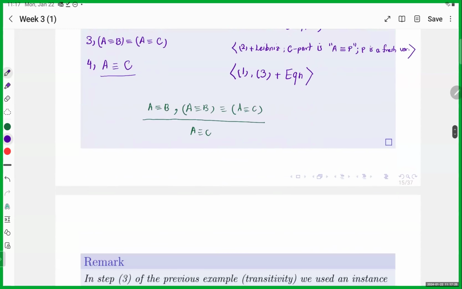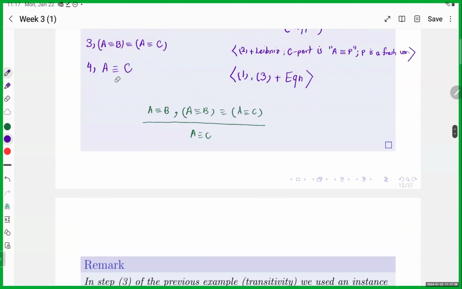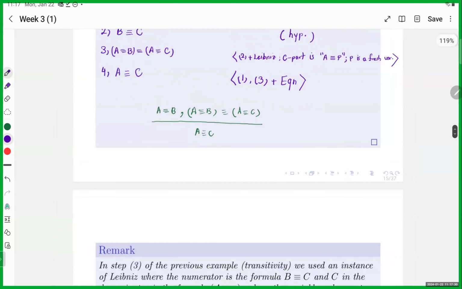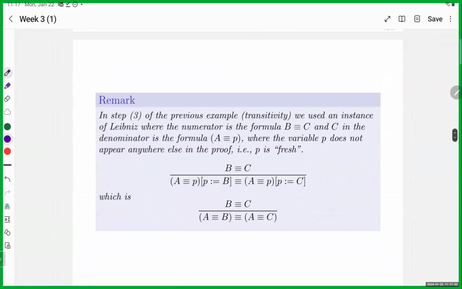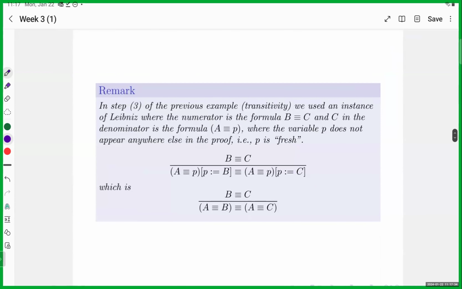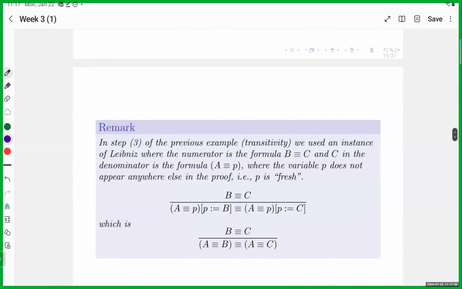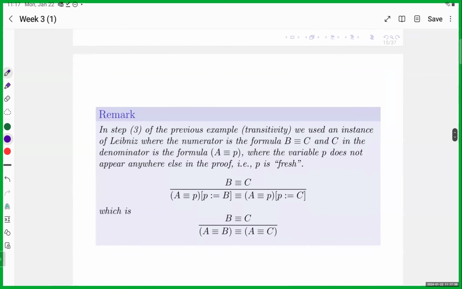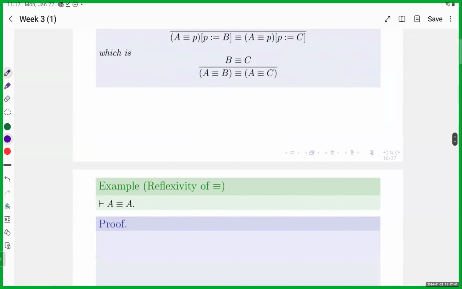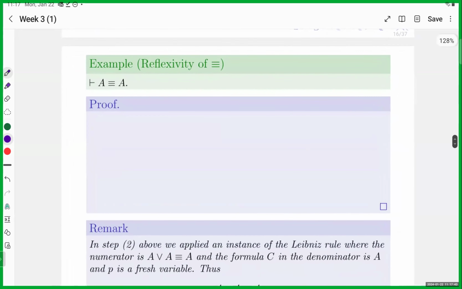All right, we're going to write a lot of gamma proofs. So if you're not sure about the steps here, I'm going to be sure now. In the remarks, I just explained the same thing that I explained about Leibniz. So let's move on to the next